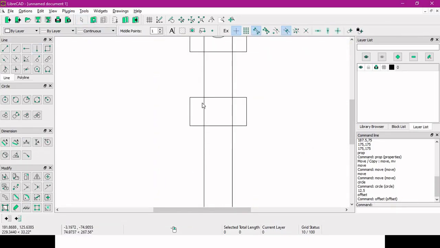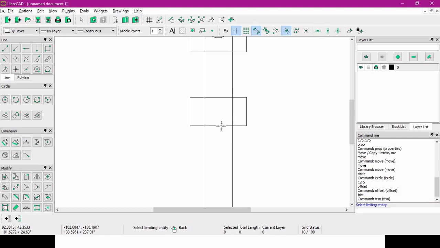Now we need to trim these lines from this elevation. We will use the trim command, or we can use directly this trim tool. Simply we can type trim. It will ask for the limiting entity. So this is our limiting entity, and this one is the limiting entity.